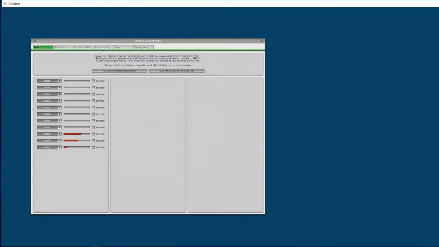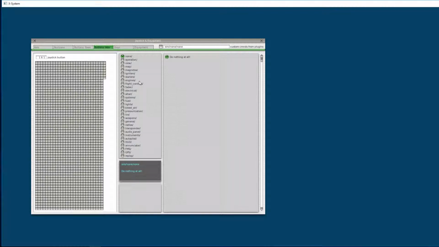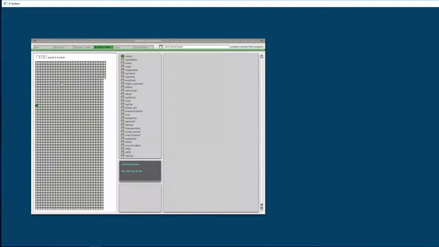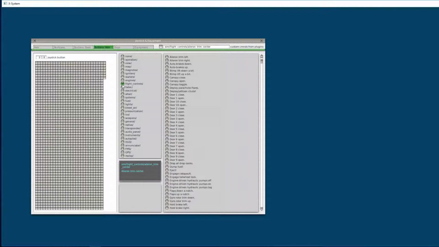So we've got joystick equipment, buttons in advance, we push the trigger, and we then go to flight controls, and this is a hold. So hold brakes regular. We then push a toggle on the throttle. You see the joystick number changes here, and we can go to flight controls, and this will be toggle brakes max,